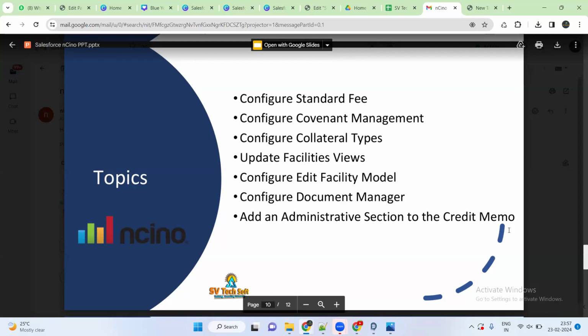The next is the document manager. Document manager is the place where all the documents related to a loan will be stored. How we configure those documents and all, we'll cover in this one. So next is the create memo. Create memo is a kind of PDF file which will be generated on